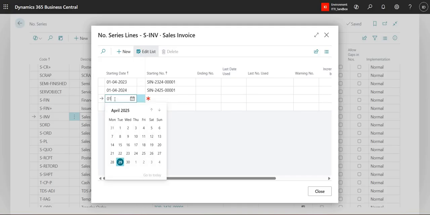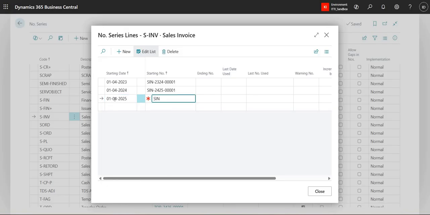Suppose now you have to create a new number series for the 25/26 financial year. You just mention your date from 1/4/2025, and you just have to mention SIN 25/26/00001, or whatever number series you want. So for any sales invoice created from 1/4/2025, the number series would be SIN